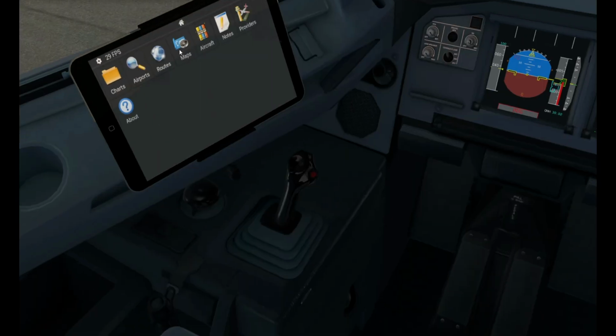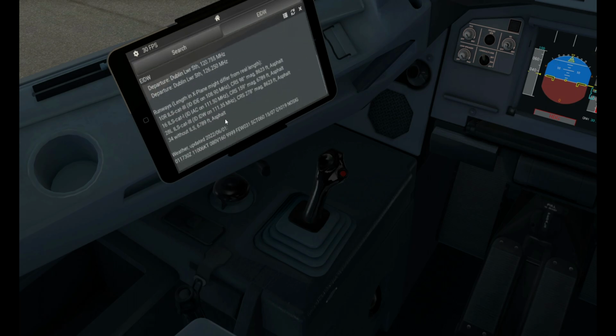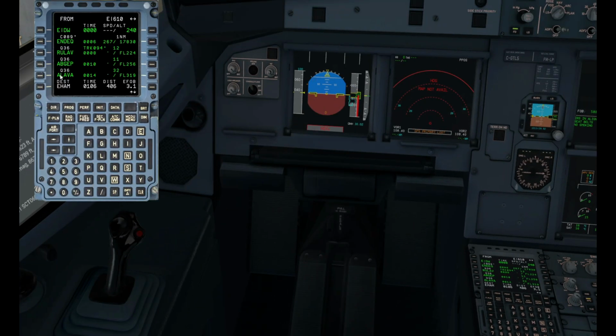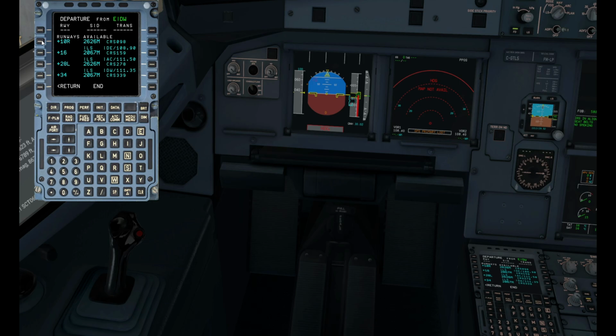Let me just quickly look up the weather here. Winds are 110 at 06. We'll use runway 10 right today. So we'll go ahead and click that. Departure 10 right. There we go. I don't think we're going to be using a SID, but let's see if they can select. Nope, no transitions available. Okay. So no instrument departure,